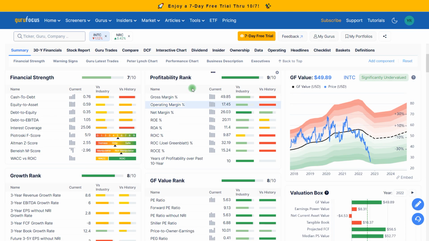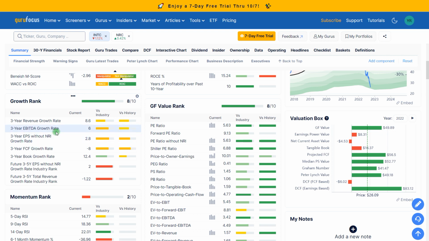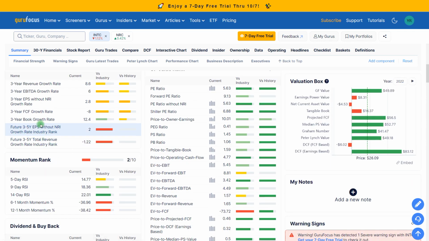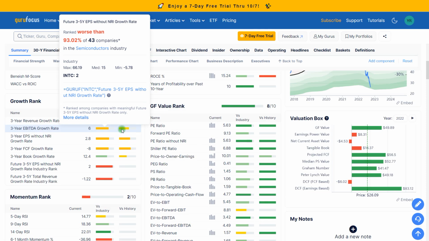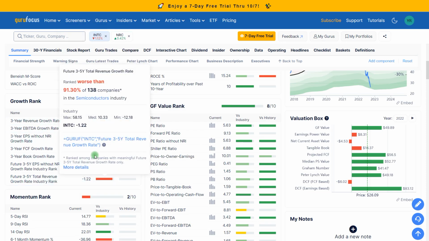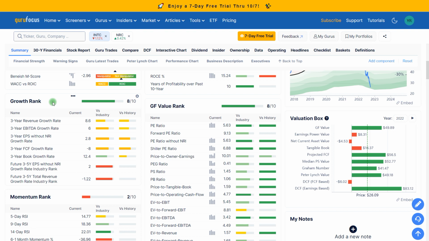Also the marginality is fine, gross margin about 50%, net margin 26%, very impressive marginality. But the growth, we can see, is a problem, because the revenue, net income, and EBITDA are growing but not so fast, and the future forecast for the revenue is negative, less than 2%. So in this case the analysts are expecting that the revenue of this company won't grow in the future years.